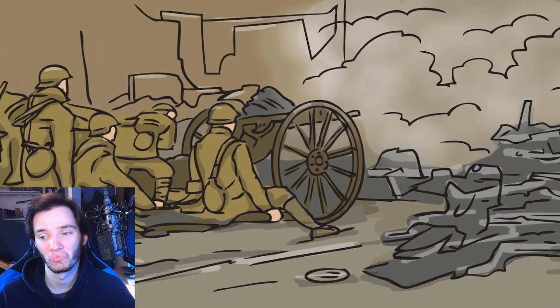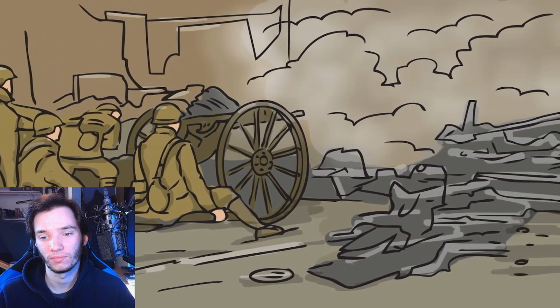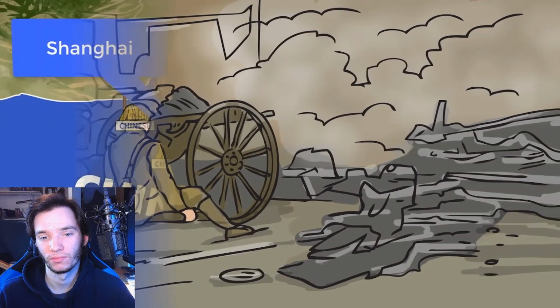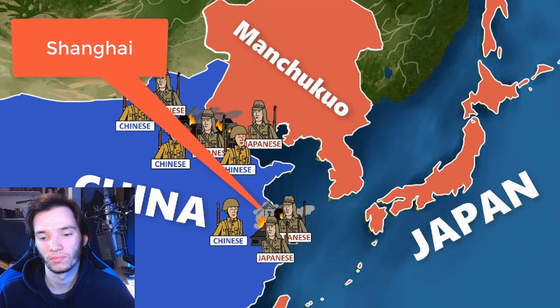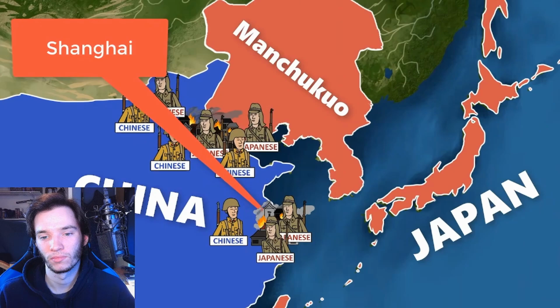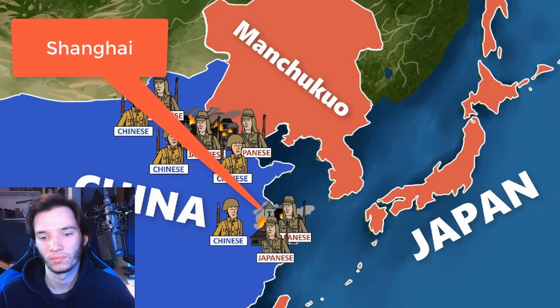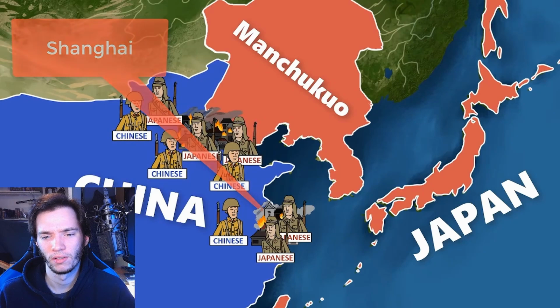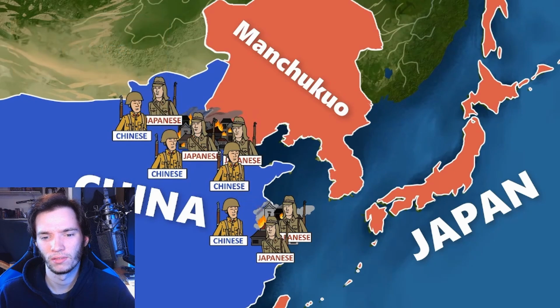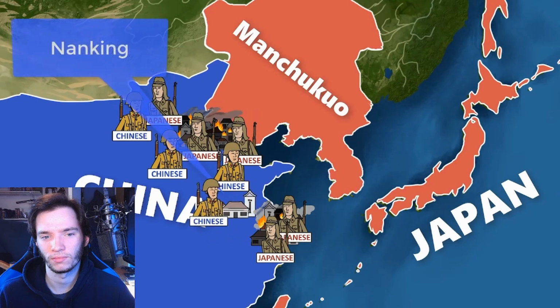The fighting around the Shanghai area lasted for a total of 3 months, marked by intense close quarters combat. Shanghai finally fell when an amphibious Japanese force landed in the southern region of the city, which was left undefended. The Chinese took heavy casualties, losing 250,000 men, many of them their highest quality troops, while the Japanese lost 60,000. On the 8th of November, Chiang ordered his forces to retreat west, towards the city of Nanking, the capital of